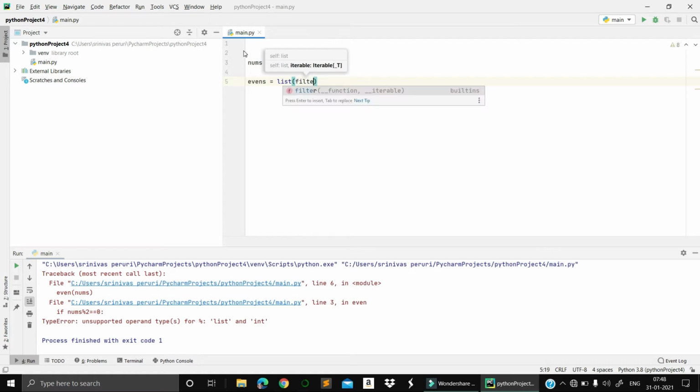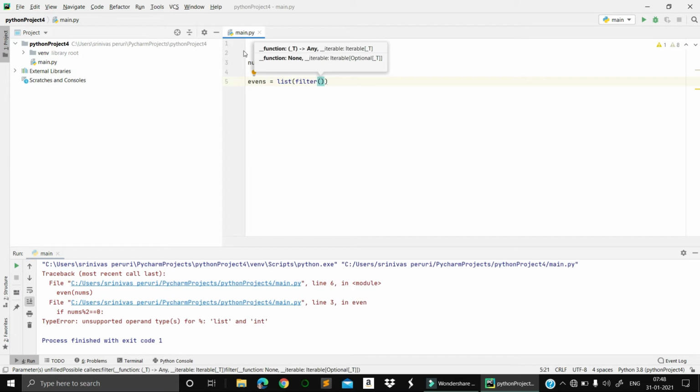So we have a function called filter. Filter will take two values. One is the function, after that, the condition, right? So we are simply moving on to the function. Instead of writing three lines of code, we are reduced to one line itself.